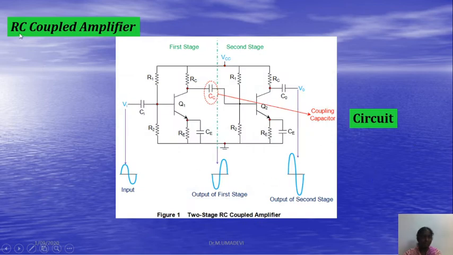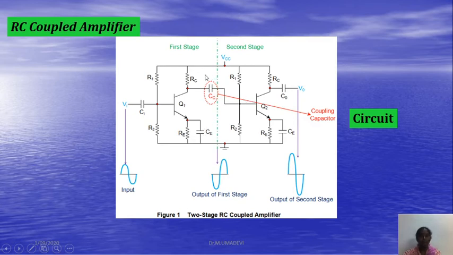So this is the RC coupled amplifier circuit. Q1, Q2 are the transistors. Here we have used NPN transistors. By looking at the arrow mark, we can say that this is an NPN transistor. Here we will be using the capacitors: CI input capacitor, CC coupling capacitor, CO output capacitor. Then we will be using the combinations of resistances R1, R2, R1, R2. In both transistors, R1, R2 are connected through a potential divider arrangement. RE is the emitter resistance, and CE is the emitter capacitance. Here RE and CE are connected in parallel.